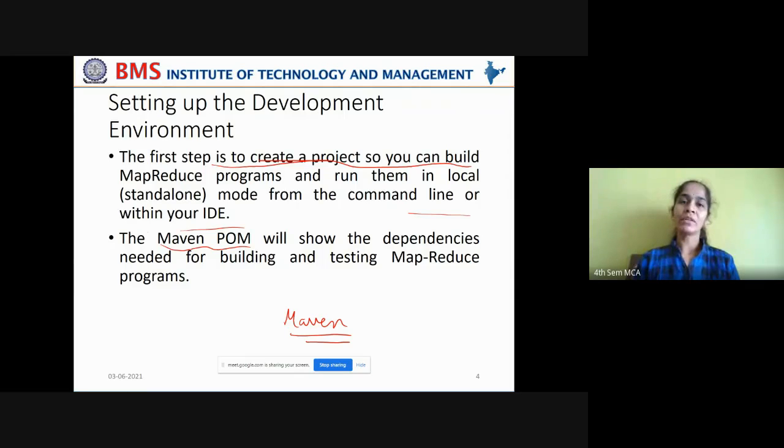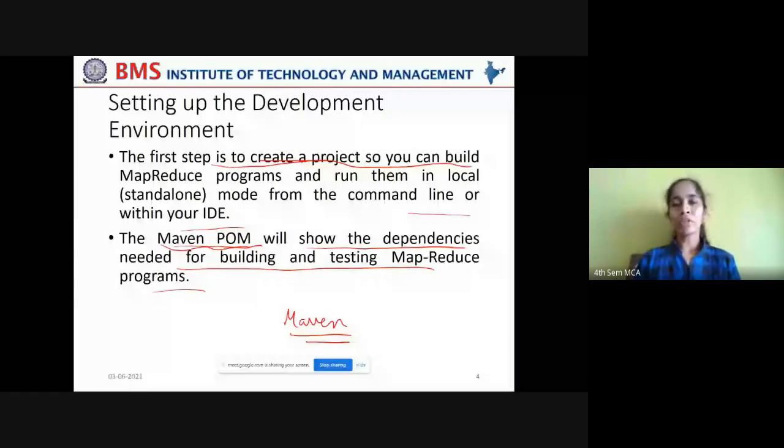The Maven project object model will show the dependencies needed for building and testing MapReduce programs. So when you are developing your project in a Maven environment using the project object model, it itself will show us the dependencies needed for building and testing MapReduce programs. If you want to embed any MapReduce programs into your Maven environment, it will show us all the dependencies required to build and test them.